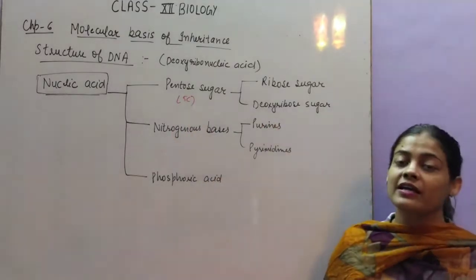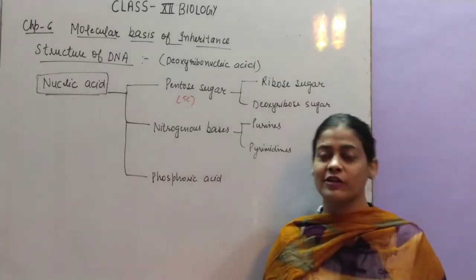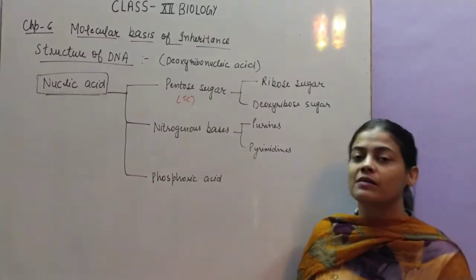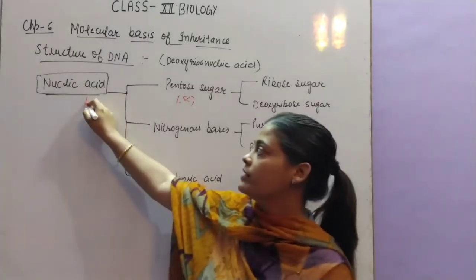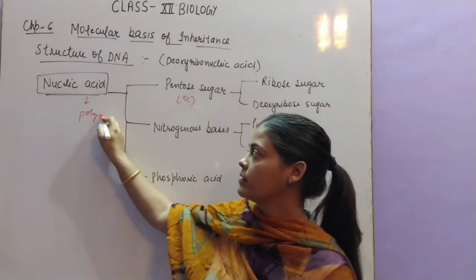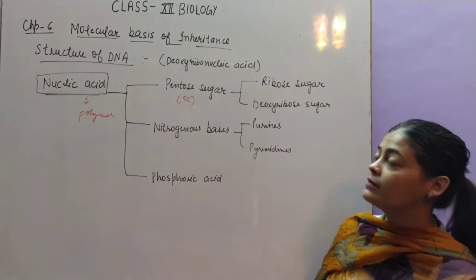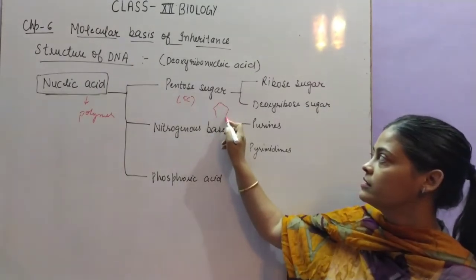Generally in the previous class you have studied the biomolecules chapter in your chemistry part also. There also you have studied some of these biomolecules. Actually it is a polymer of these three molecules, and pentose is a 5 carbon sugar which has a structure